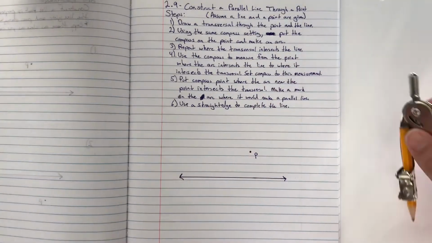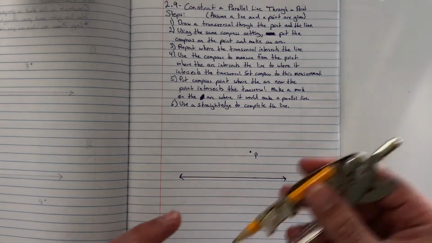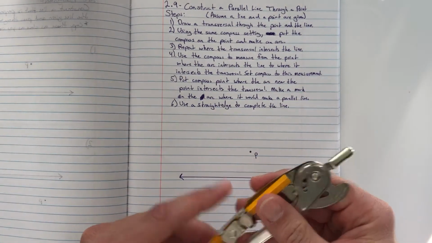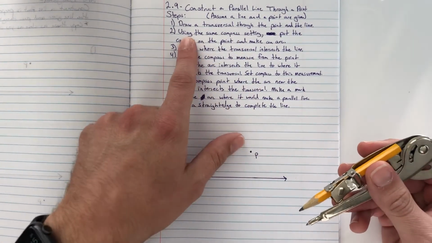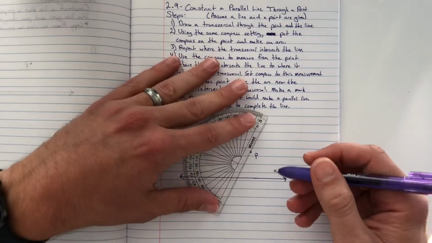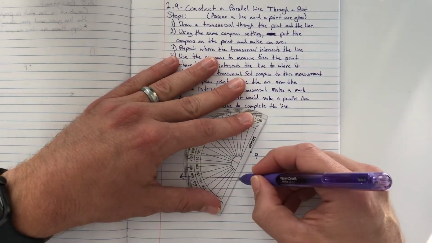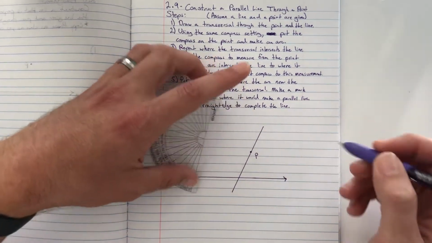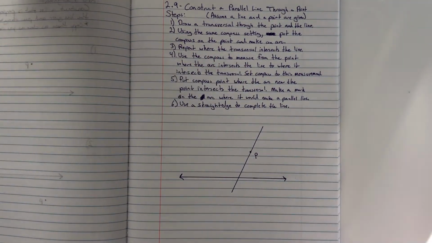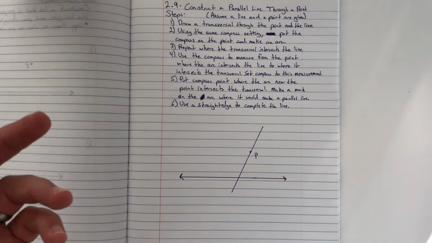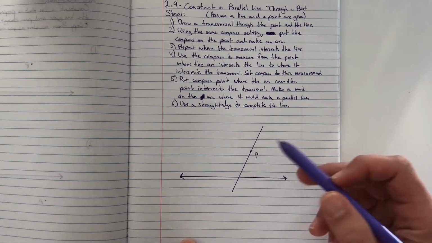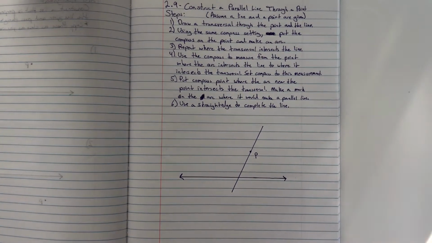So the first thing you're going to do is you're going to take your compass and you're going to make two arcs. So you're going to, sorry, that's not the first step. I lied. First step is to draw a transversal through here. Like so. So transversal, remember, is just a line that intersects two lines. So this goes through this line and it'll go through this line to B. We're going to use that because with parallel lines, we know some things about them that will help prove that